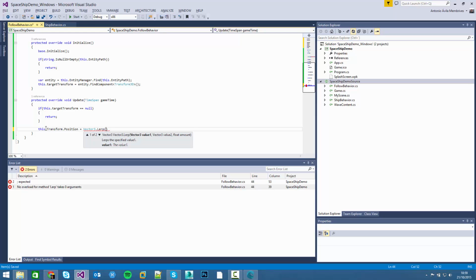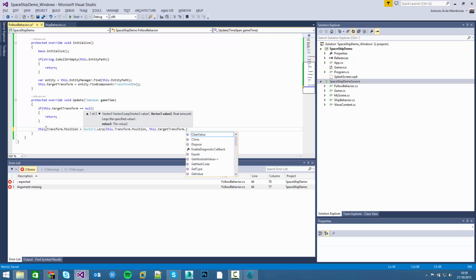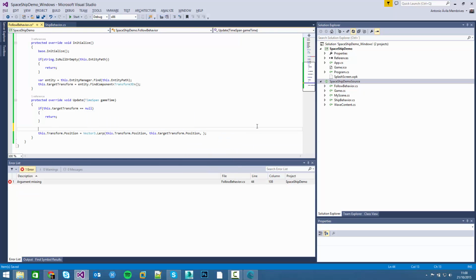So in the first parameter, we will set the transform position of the owner entity. In the second parameter, we will add the target transform position. And the amount of the lerp must be a value between 0 and 1. 0 means that the position will be the initial position and 1 will be the target position. So we create a position based on the game time total seconds,